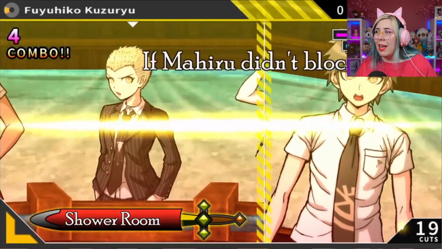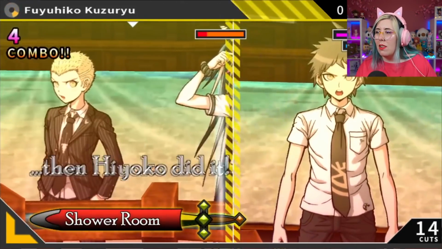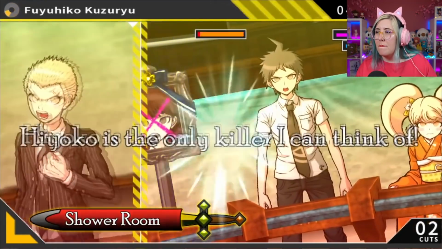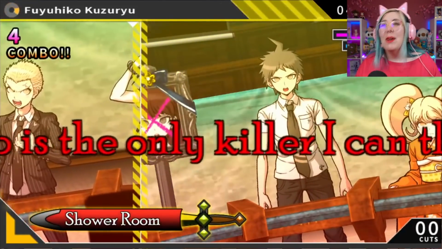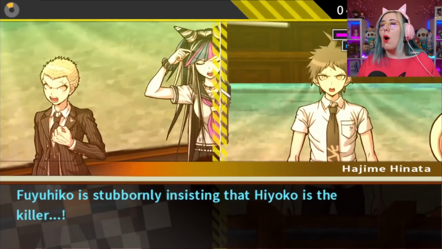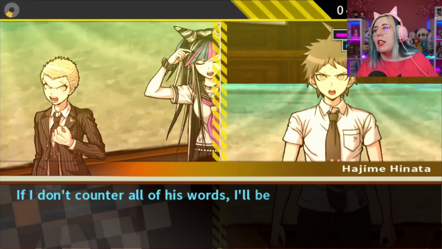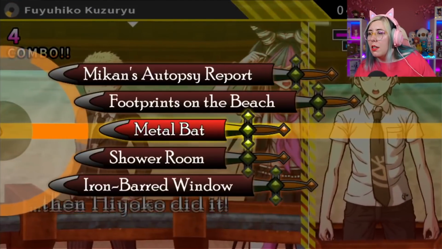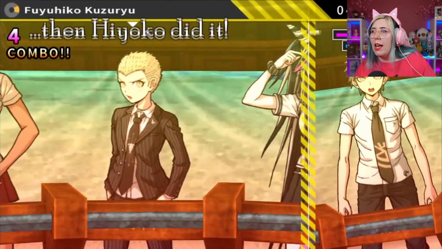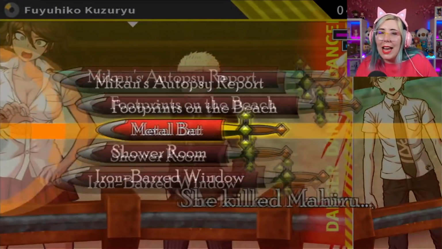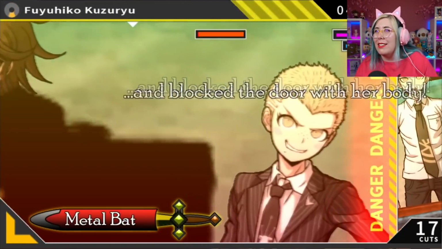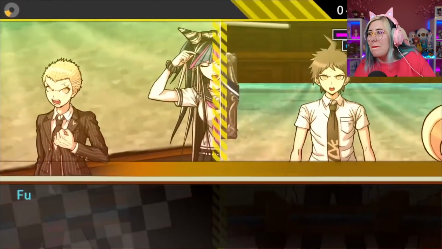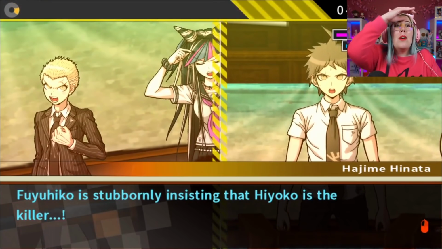Oh my gosh, Mahiru. Okay, didn't block the door. Then Hiyoko did it. Why can't I get it? Oh, I have to get the last one with the thing. Oh, shit. What am I doing? I keep hitting the wrong thing. This is so hard. Okay, what the fuck do I